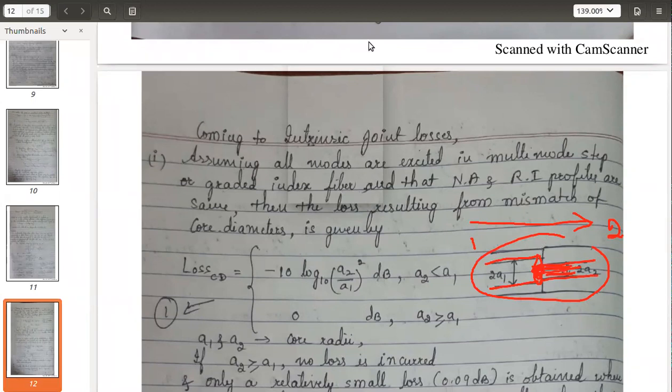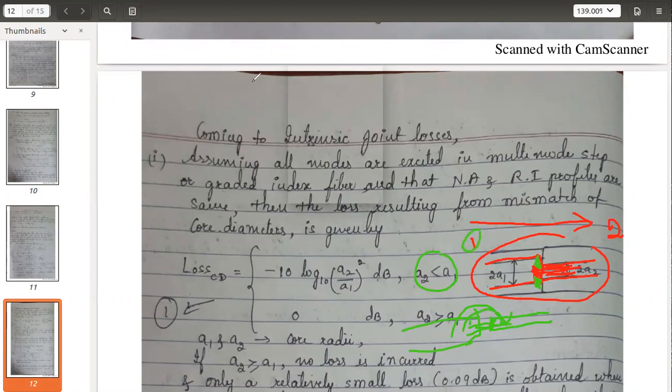And what about this remaining? Here there is a gap, you can see, and here also, hope it is visible to you. So when you go from a bigger value to a smaller value, the smaller area will not be able to take the complete value. That is very practical, it's common sense. Whenever a thing is coming from bigger to smaller, complete transfer will not take place. A little will be left behind. Because of this only, this is the condition. If this is the case, where the first fiber has a bigger diameter than the second.